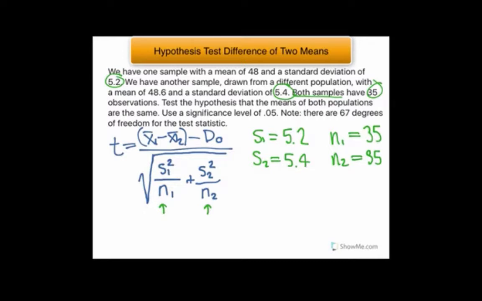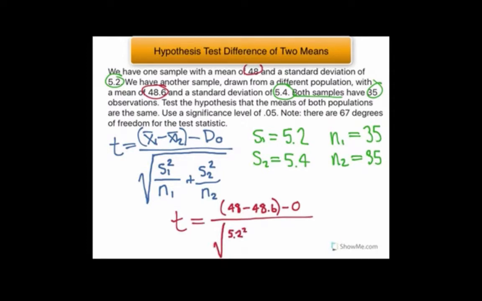So let's do that. Our t statistic is equal to, so remember x bar 1 was 48, x bar 2 was 48.6, so those were from the last slide, or you can just see them up here. The hypothesized difference was 0. Then we divide by the standard error, so